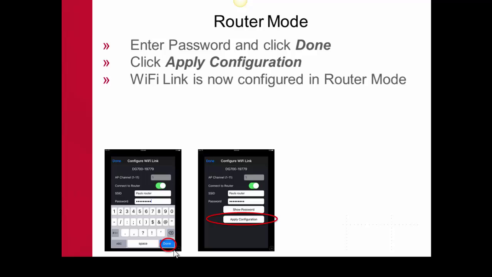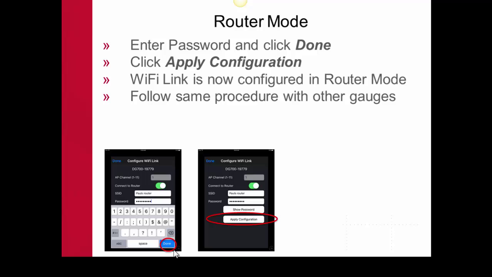So that green light, the second light, number 2 light on the Wi-Fi link, will keep blinking until it finds that router, and then it'll go solid. Now it's connected directly to the router. So now you can follow that same procedure with all the other gauges. So you'll need to step through this procedure and put each gauge from